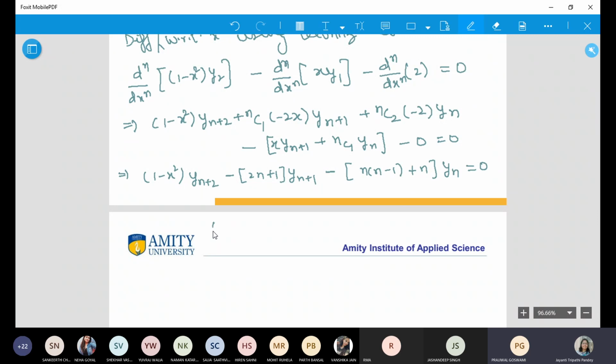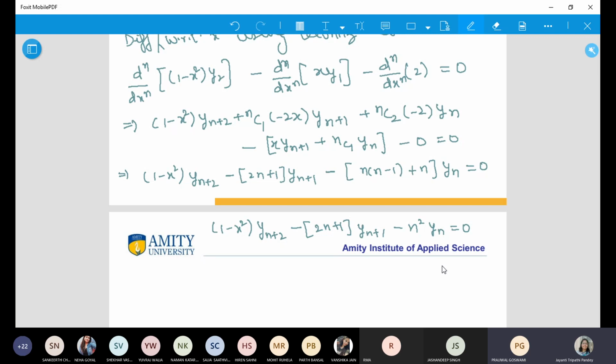So you're getting the answer as 1 minus x square. I want you to please check the calculation because half of the portion is most of the time not visible to me. So I may miss things. And this is the answer, and I think this was the thing that we had to prove. Is it okay? Yes, ma'am.